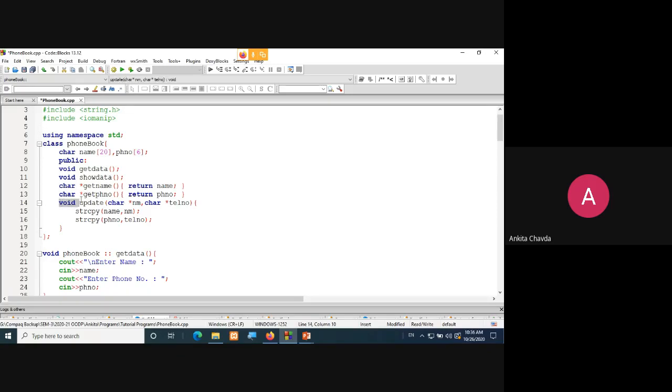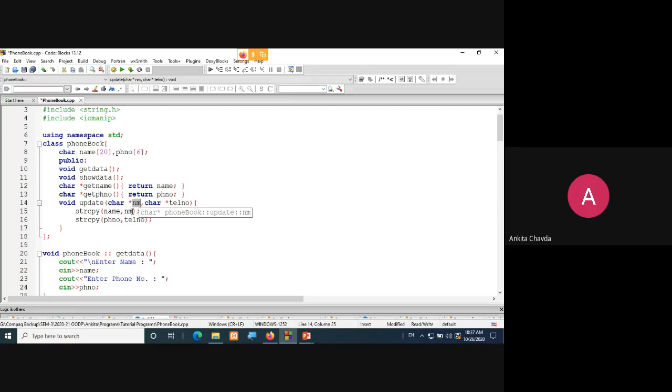Now the void update function. In that I'm passing two arguments, name and telephone number. Whatsoever the user has given, the updated name and phone number, will be written over here. So name would be like this: nm is your temporary variable name.